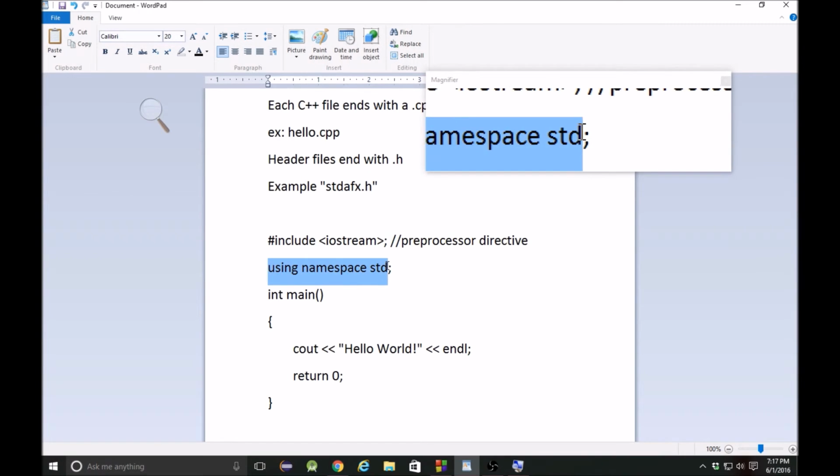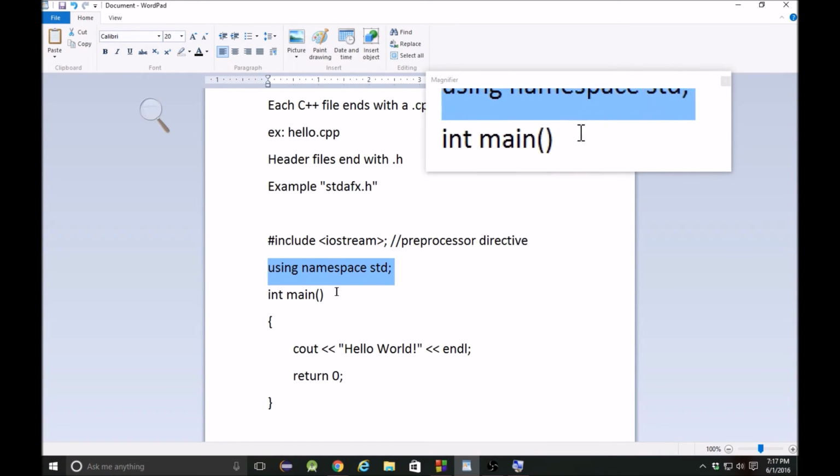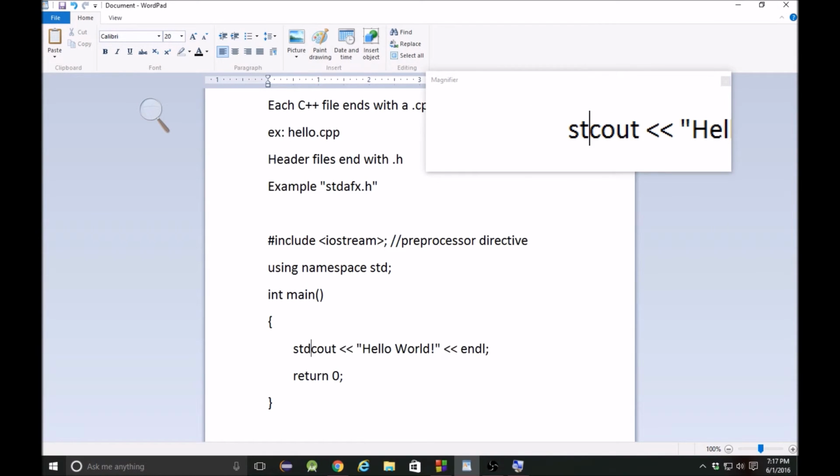Using namespace std. This is actually optional. If you didn't put this using namespace std, instead of cout, you would have to put std